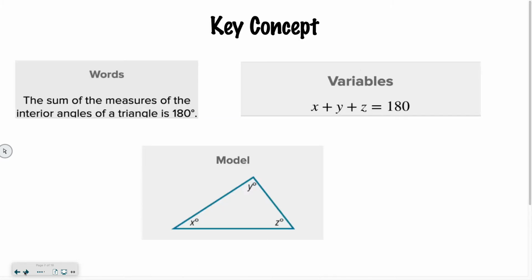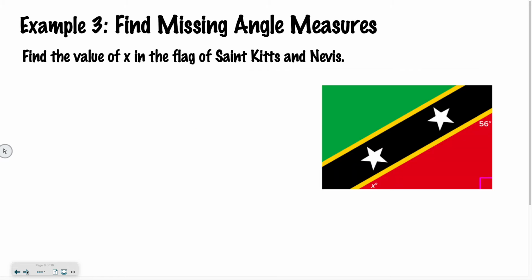Let's move on. Okay, so now we're talking about how to find all of the measures inside of a triangle. So the sum of measures of the interior angles, so all of those angles inside a triangle, is always 180, okay? So you know that you can add your three angles together and they will equal 180. And that's really helpful because sometimes we don't know what an angle measure is, so we'll set up an equation and solve for it. Like in this example, we want to find the value of x in the flag of